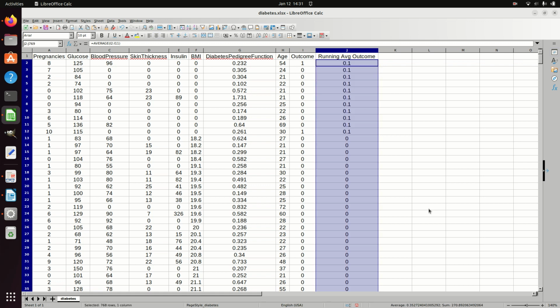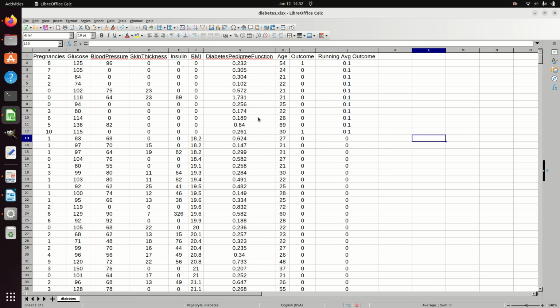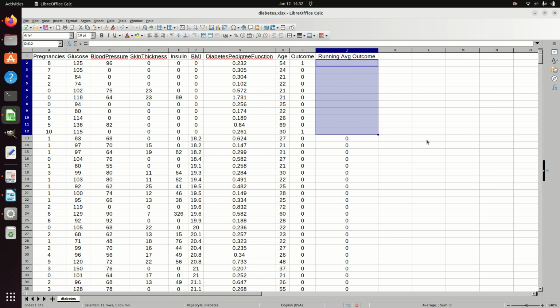Now, I do have a problem. I don't really want these running averages for 0 BMIs because that's not good data. That's bad data. So I want to get rid of that. So I could say delete. Now also, if you go to the bottom,